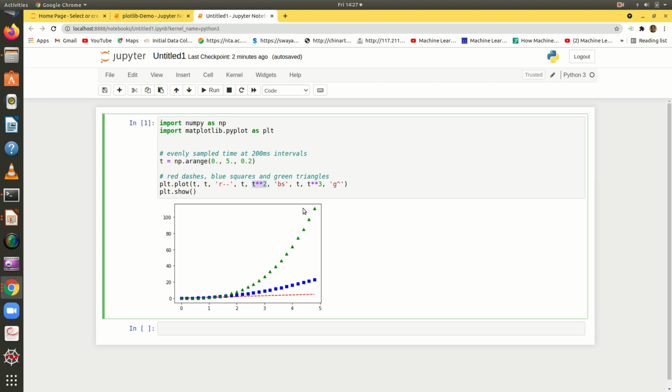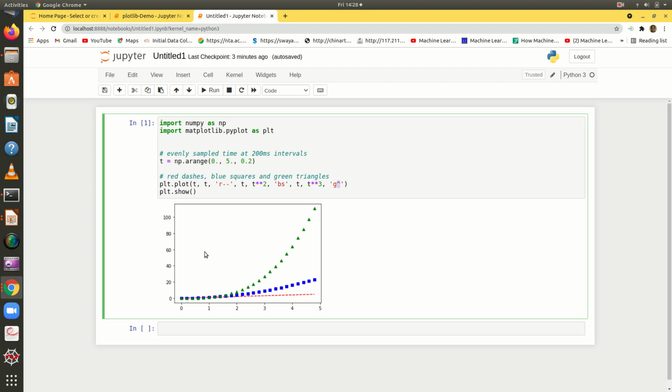And for the third line, I have given t and t power cube, and I have given the color as green, and the cap symbol for drawing the triangle. So I have plotted 3 different lines in 3 different formats, right, but using a single plot function.